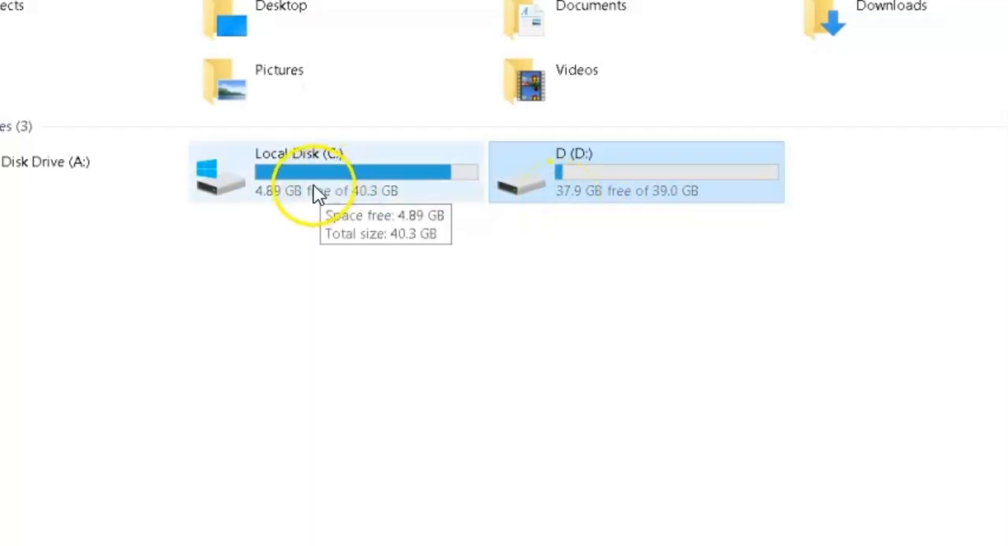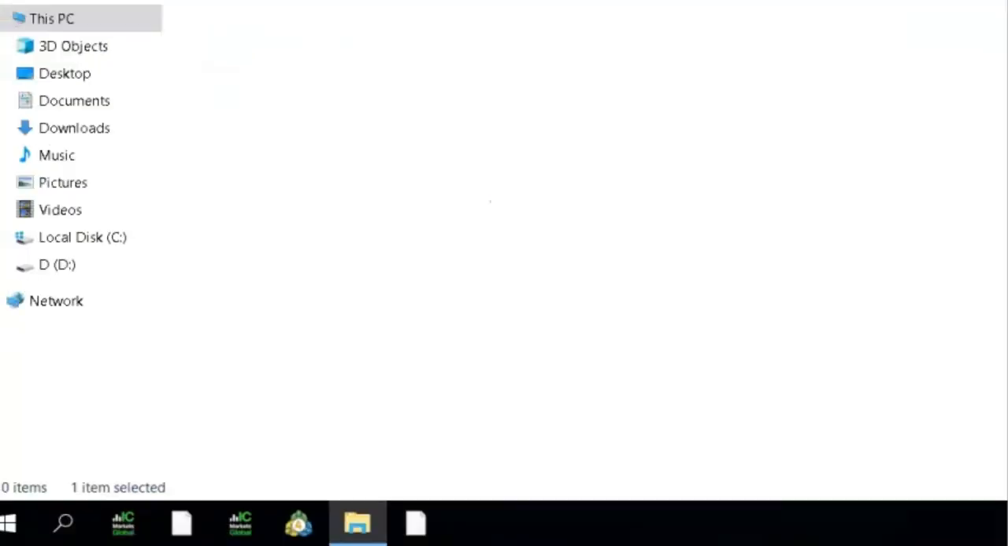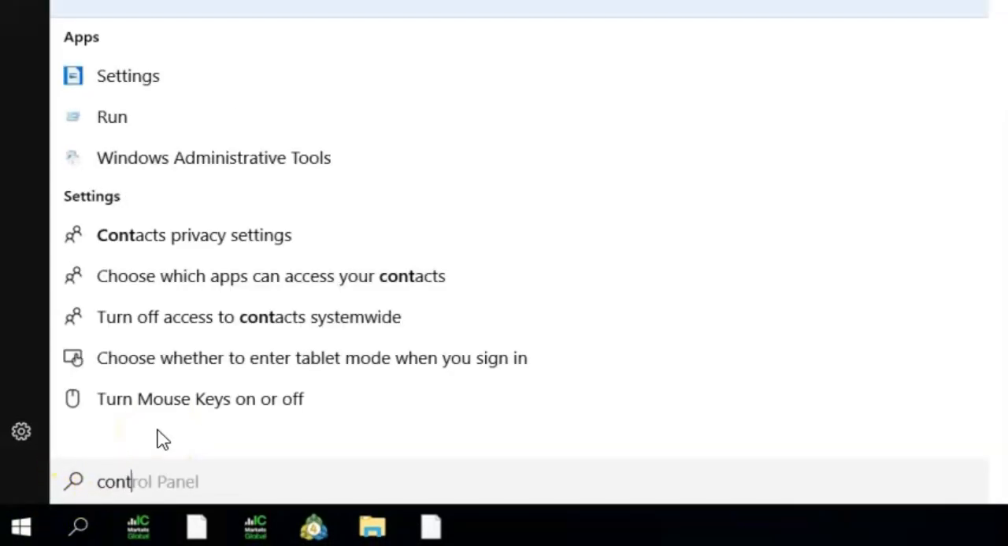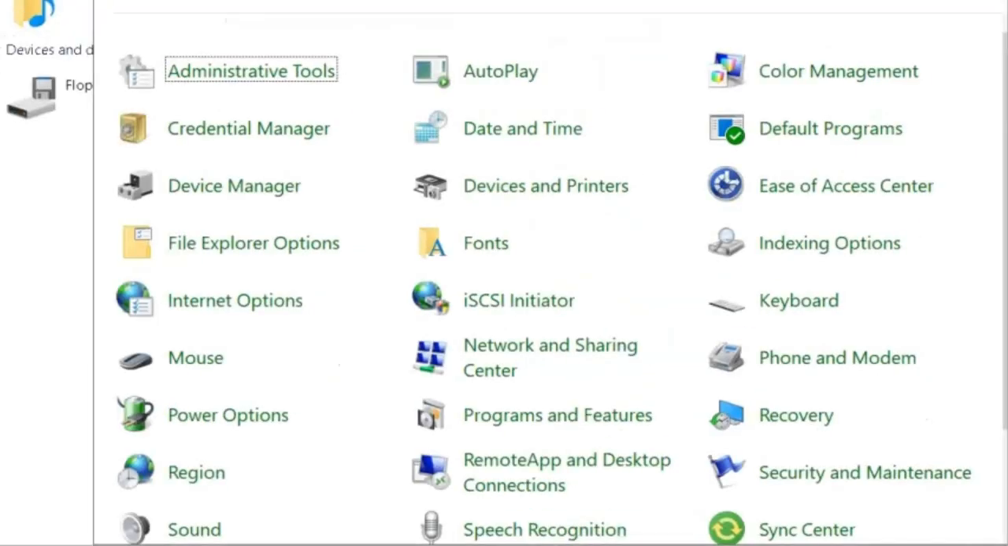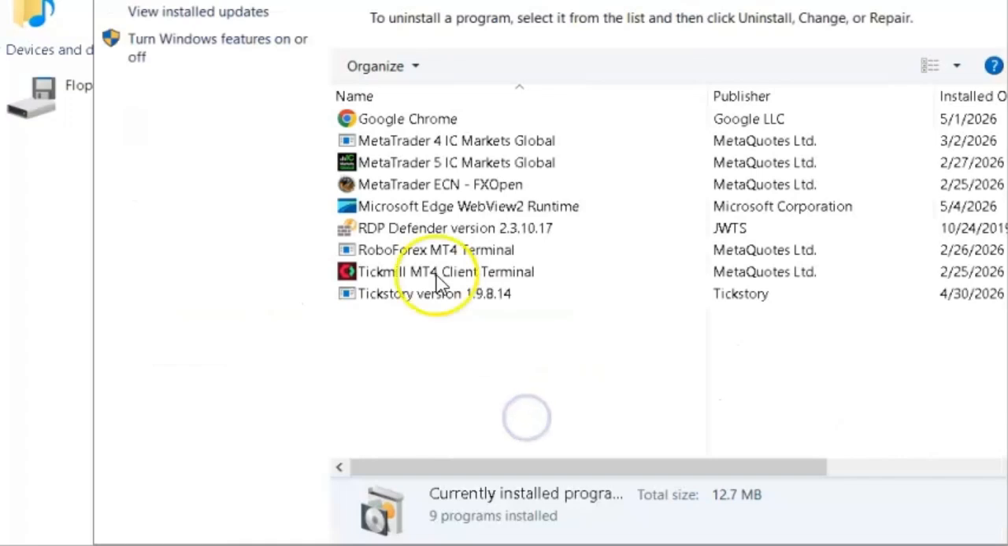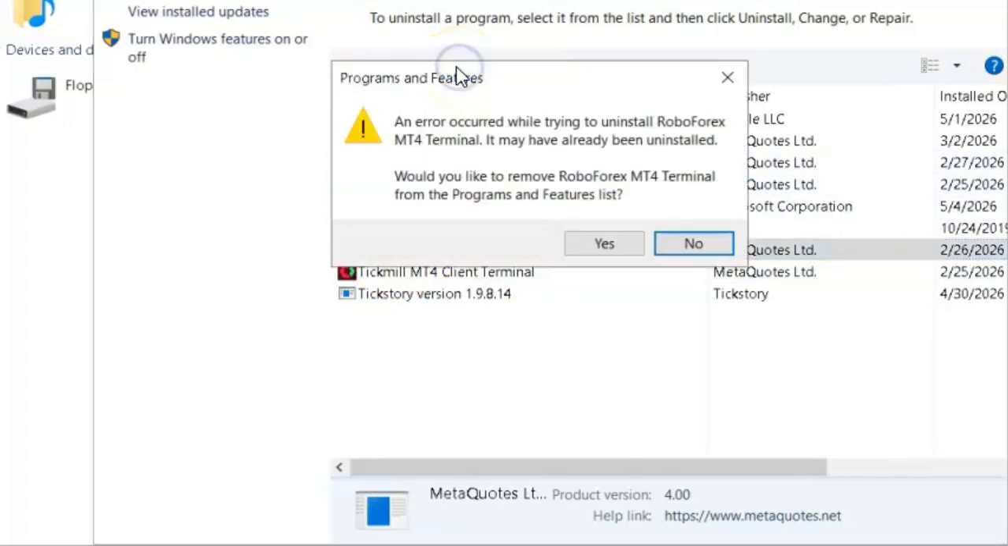So I've uninstalled it from my C drive now. If you wanted to uninstall, you just go to the server, you go to Control Panel on the server, same as the typical Windows home version. Look, Control Panel, sort of similar interface. Go to Programs and Features, locate your MT5 RoboForex, and just uninstall it. And make sure when you uninstall it, if I just show you an example here,